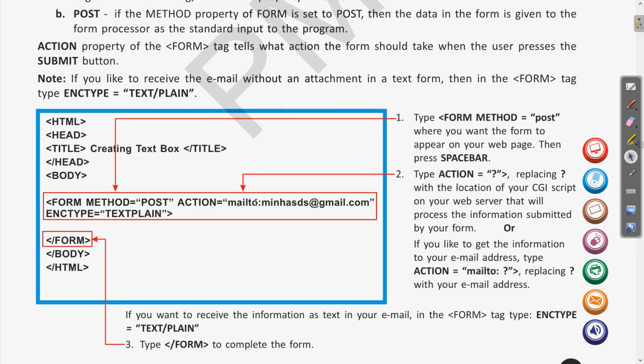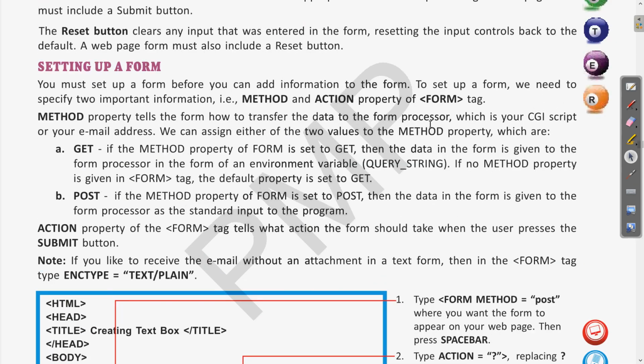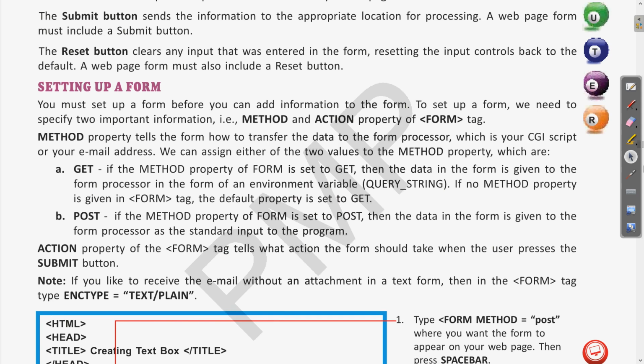In the book also we have discussed the CGI script. Here we can see in the method, let me show you. The method property tells the form how to transfer the data to the form processor, which is your CGI script or your email address. We can assign either of two values to the method property. Clear? That is, get and post.